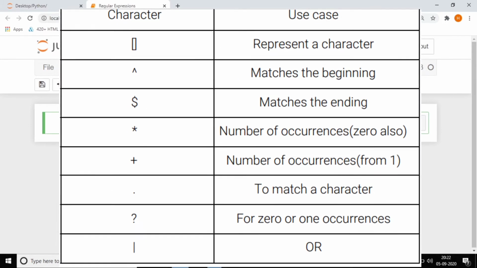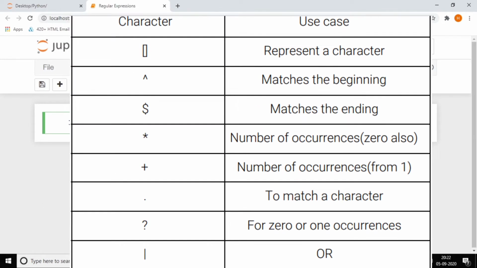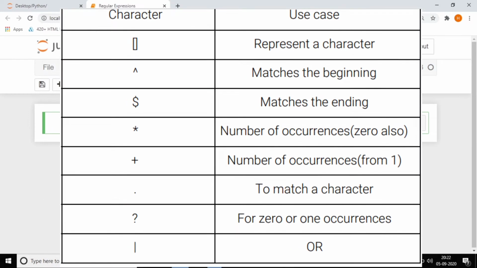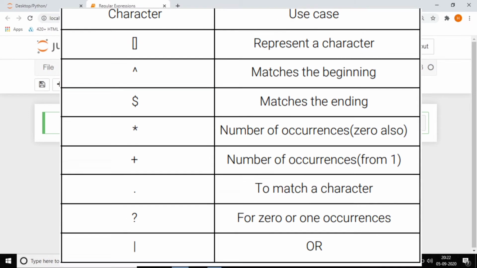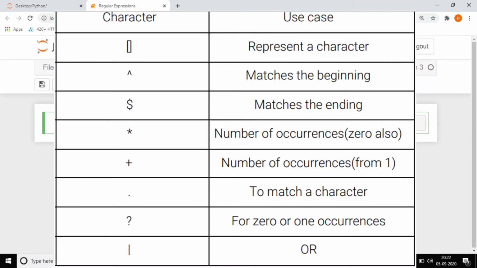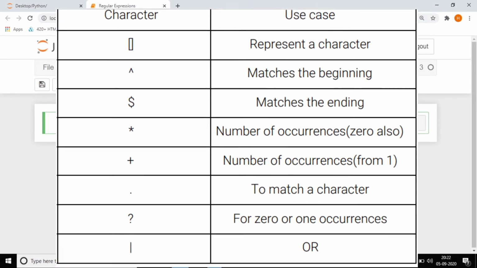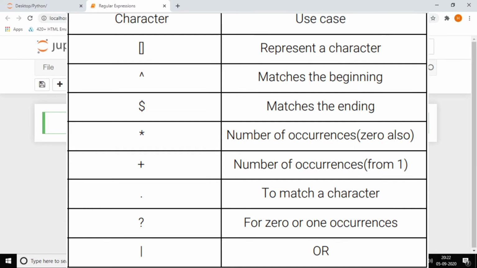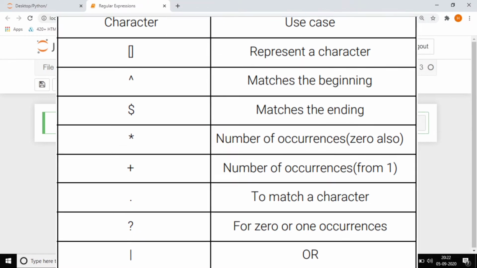The asterisk symbol means number of occurrences, zero also.